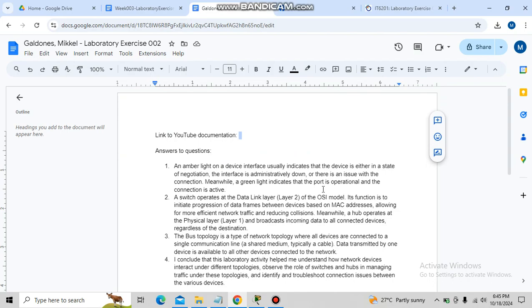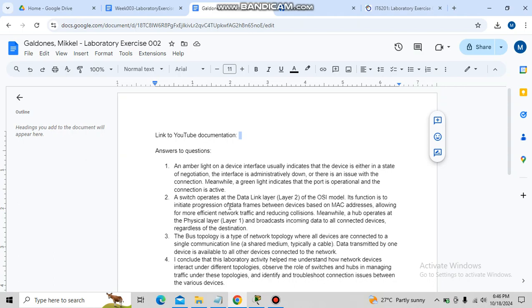So with the green light, that means that data frames are being transported towards the various network devices, the end device and the intermediary devices. While the amber light means that the transmission is stalled between those devices since either it's in a state of negotiation or the interface is down for administrative reasons. So in question number two, we were asked to differentiate a switch and a